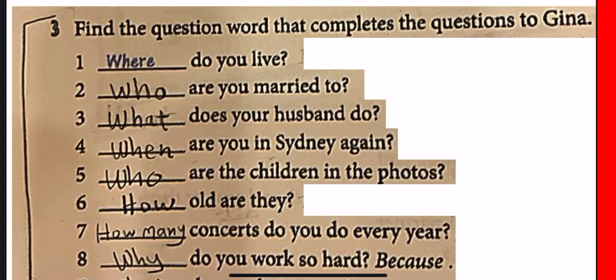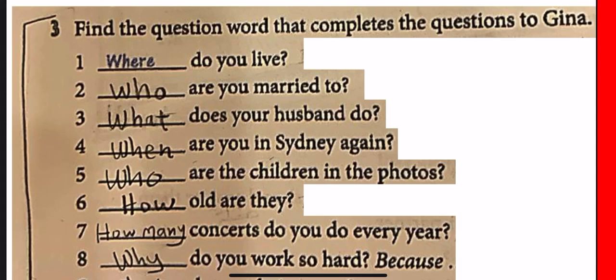Three. What does your husband do? Here the question is about a specific thing, which is her husband's job. So here we use what, a wh-question, followed by the auxiliary verb does. We use does because we have a main verb, which is do, so we add does. Here in this sentence 3,